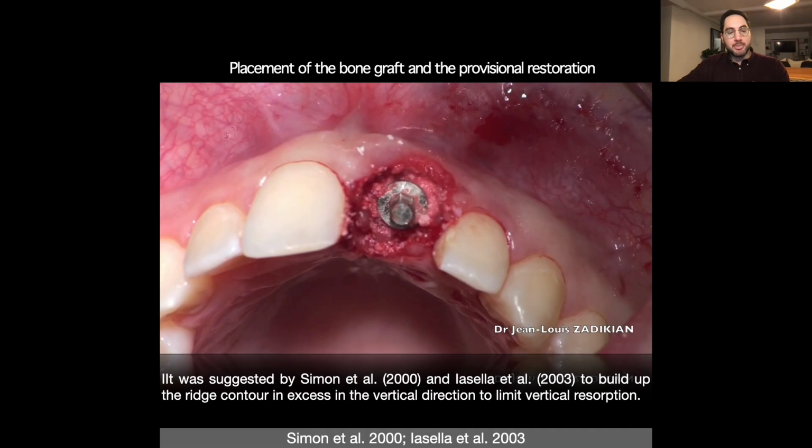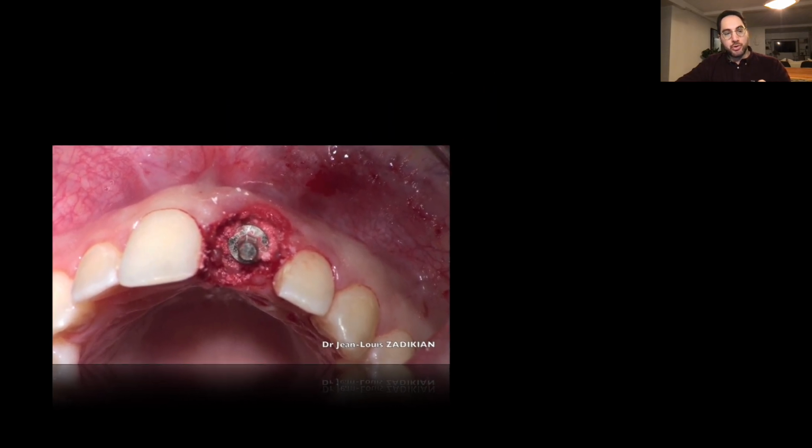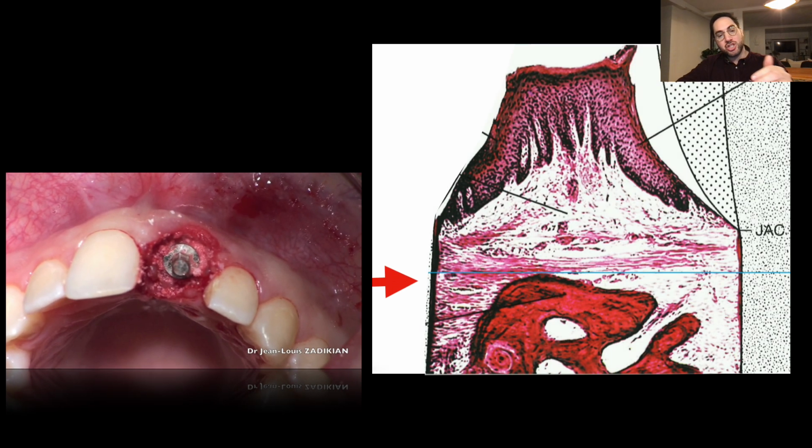And this is crucial because the idea will be to utilize the provisional to gently compress and shape the biomaterial placed within the socket, and this to ensure optimal adaptation and stability of the bone graft. And since the epithelium is shared between two teeth, we use a tunneling instrument to make a proximal incision, and this allows us to place the bone substitute under the contact point, which will be a key to obtain